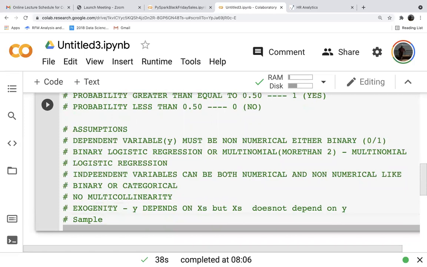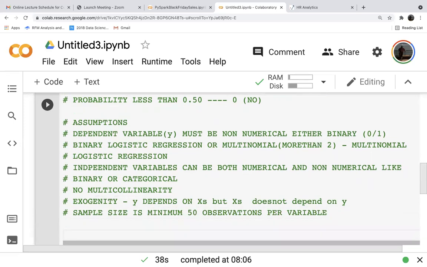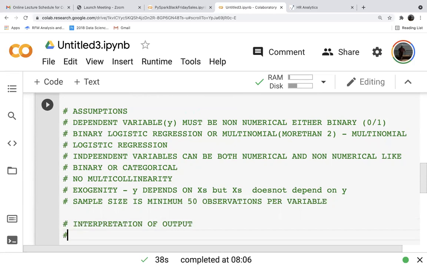Sample size. Sample size is minimum 50 observations per variable. So classification requires more number of samples, more number of rows. So these are broadly the assumptions. And the interpretation of output: the first one is you will get accuracy.